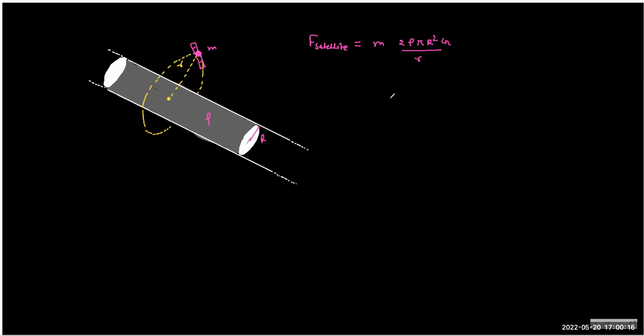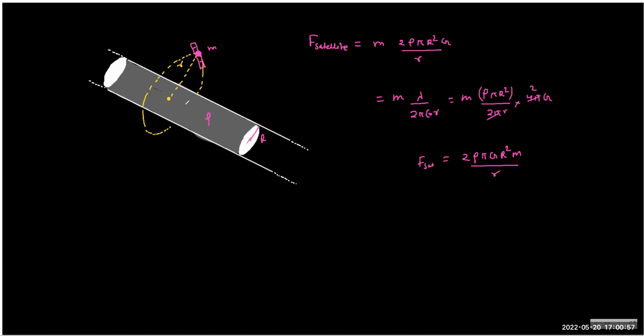So the answer, if you remember, is very simple. It's lambda by 2 pi epsilon not r, if you remember the electrostatics, right? Yes, sir. So I'll show you the conversion. You can just write lambda will be density into cross-sectional area, and 1 by epsilon is 4 pi G. That's simple. So you see the same answer which you got: 2 rho pi G r square m by r. Yeah, that's correct.